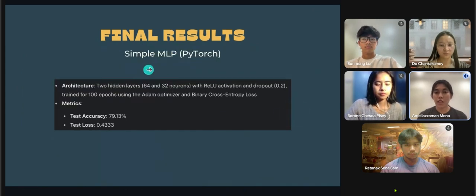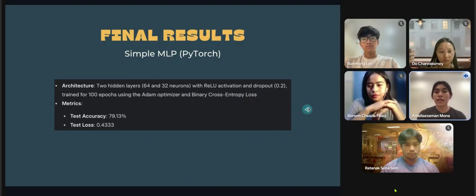For the final results of the MLP, the architecture is two layers with 64 and 32 neurons with ReLU activation and a dropout of 0.2, trained for 100 epochs using an Adam optimizer and binary cross entropy loss. For the metrics, its test accuracy is 79.13% with a test loss of